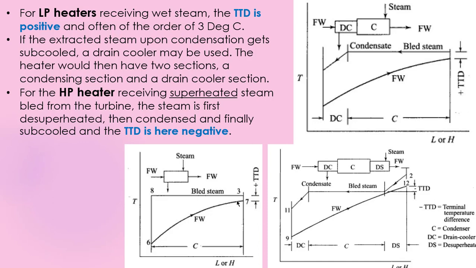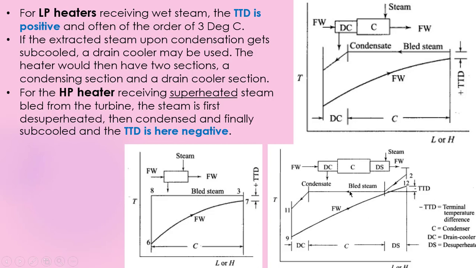Too small a value, although good for plant efficiency, requires a large heater. If the extracted steam upon condensation gets subcooled, a drain cooler may be used. If you see this curve, the bleed steam transfers heat, and then it is subcooled. In this curve, heat is transferred through the condensate subcooled through the drain cooler. Here also the TTD is positive,